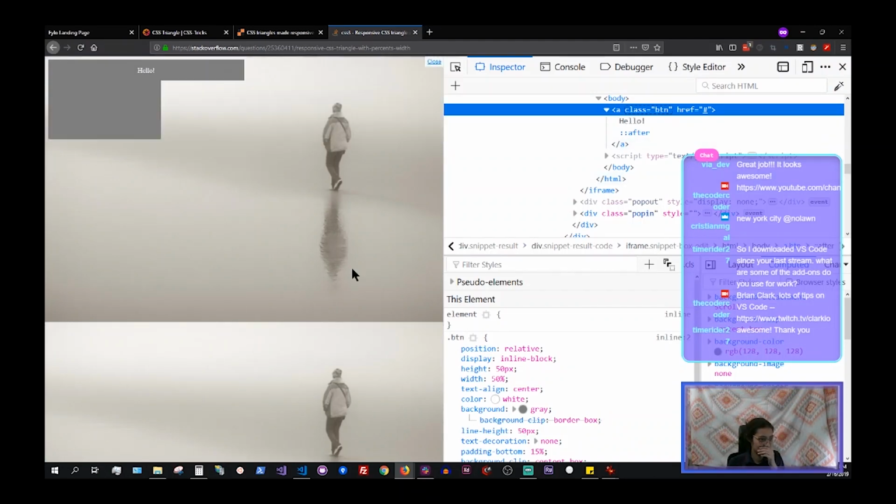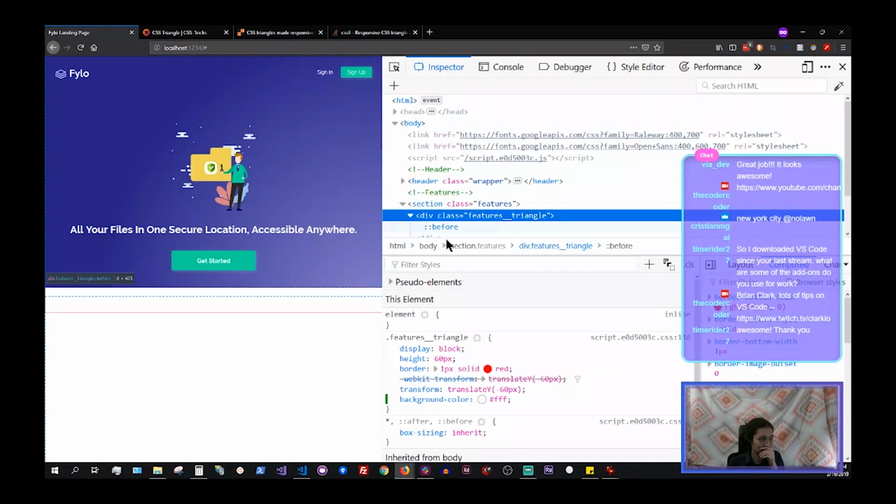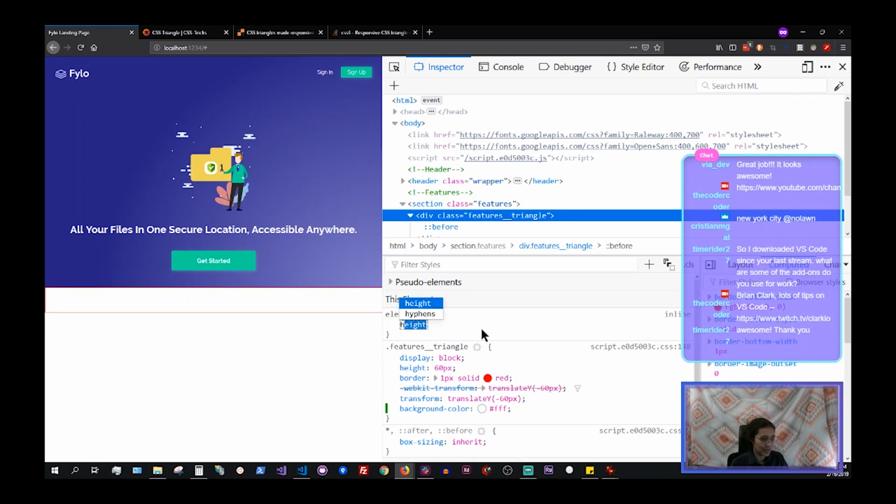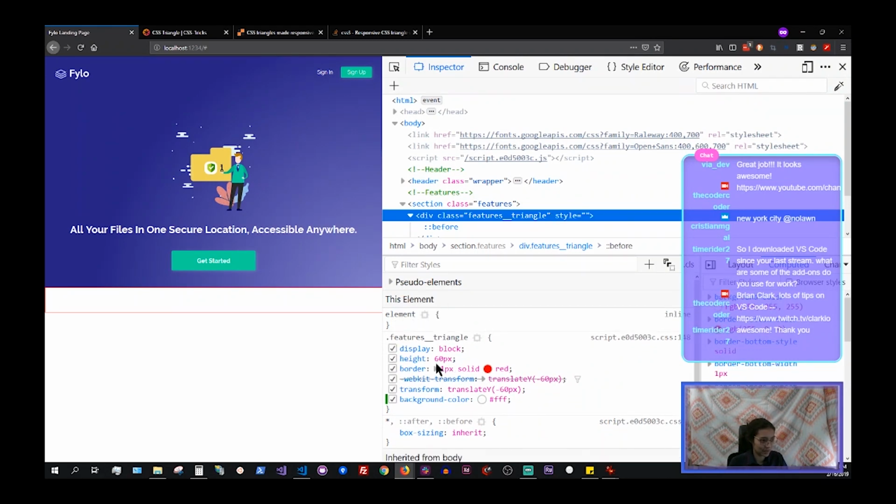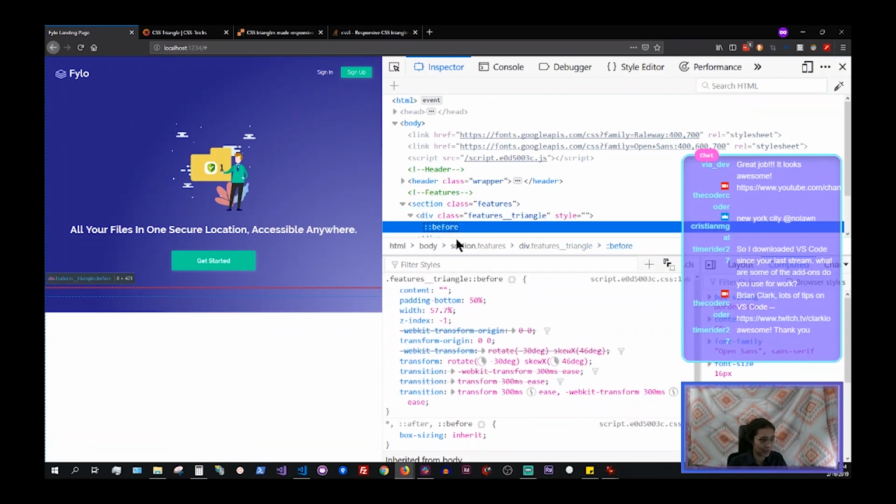Oh, I wonder if the height needs to be set to 0 or something. Yeah, I think that might be what it is. Oops, that's not right. See, I'm going to set the height of the parent element to 0, but then I'll add a height of 60 to,